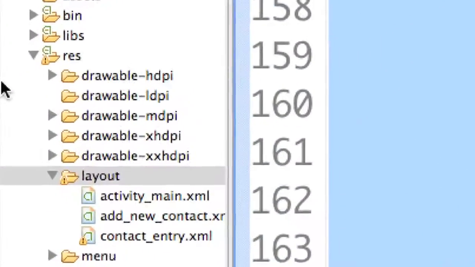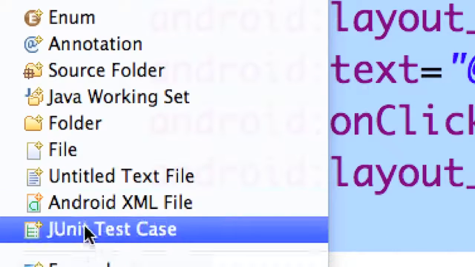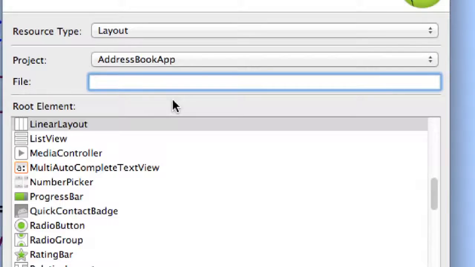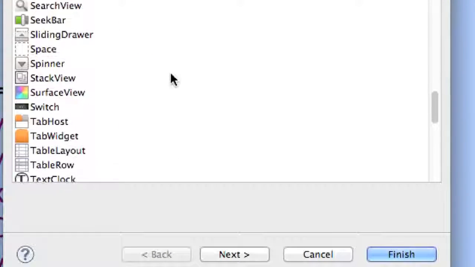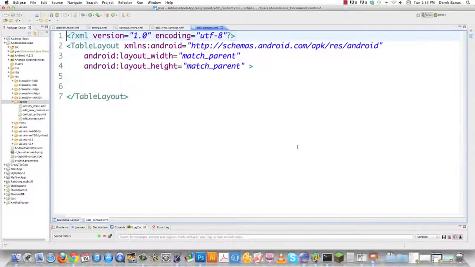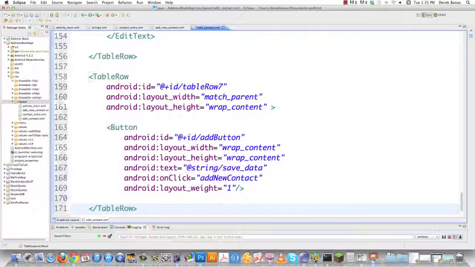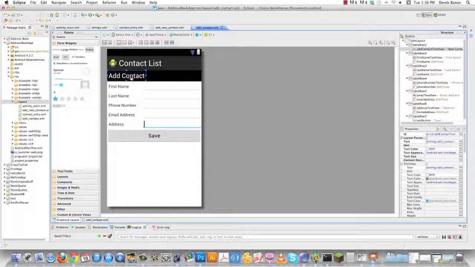And then I'm going to go over into layout again. Going to right click, new, create a new one of these. Come down here, Android XML file. And then inside of this, I'm going to call this edit contact.xml. This is going to be a table layout again. There's table layout, finish. And there that guy is. Just jump into this one and then paste everything in there. Save that guy, bounce over here again, and you can see it's exactly the same, just like the old guy,